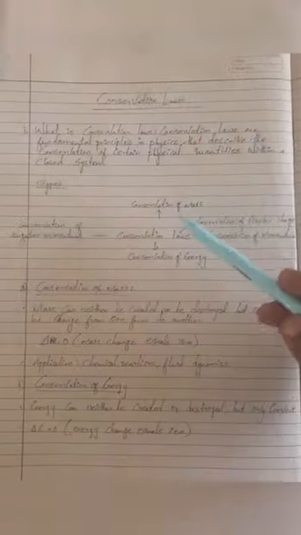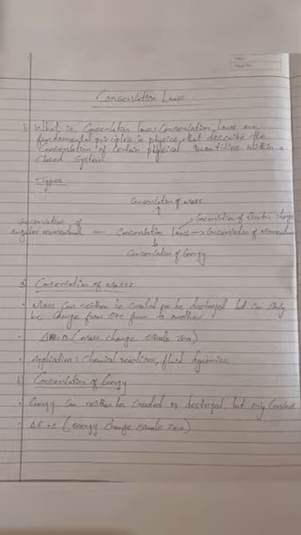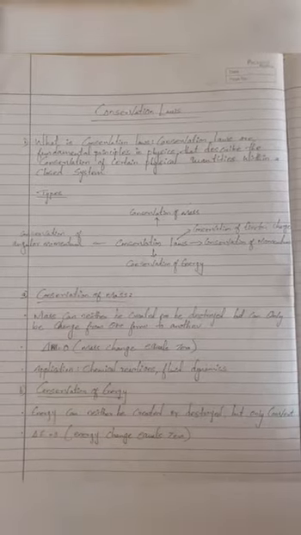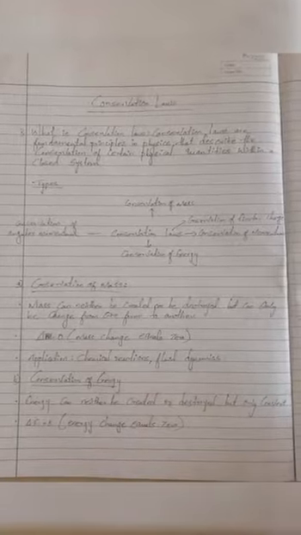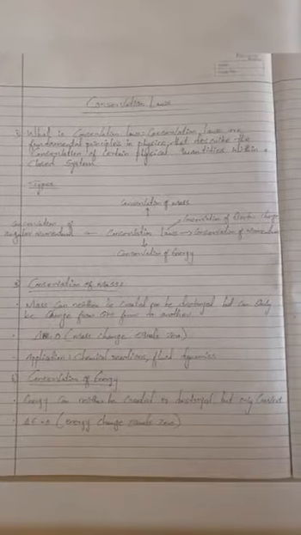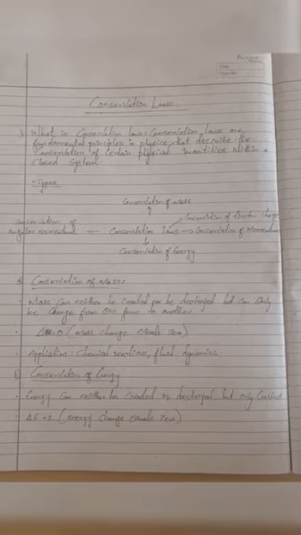Today we are going to talk on some of the conservation laws in physics. So first of all, we can discuss what conservation laws are. Conservation laws are fundamental principles in physics that describe the conservation of certain physical quantities within a closed system. Some of the conservation laws are the conservation of electric charge, conservation of momentum, conservation of energy, conservation of angular momentum,